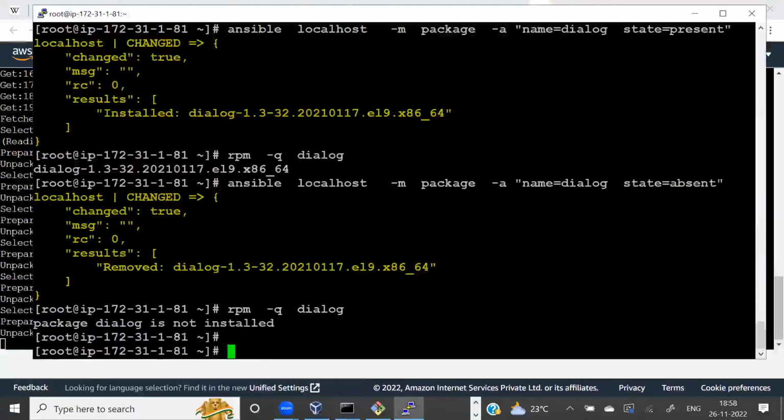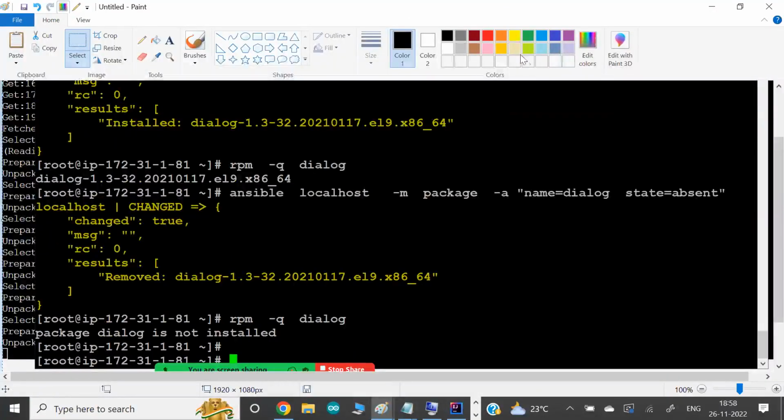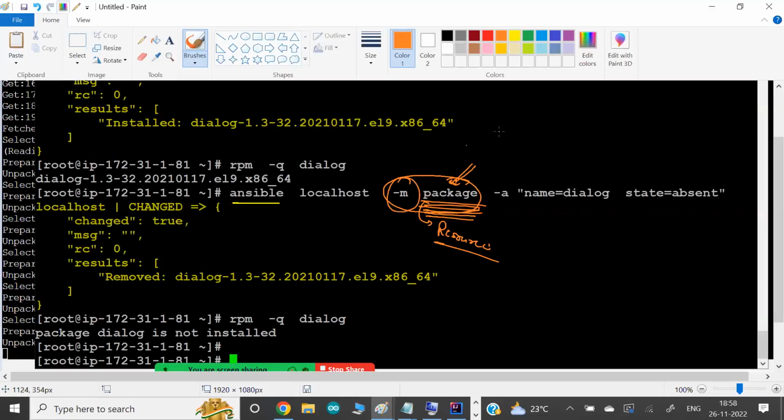Let me tell you one more small vocabulary here. In Ansible, the only thing is you specify which kind of resource you would like to manage. A resource can be a package, file, data, network, service, security, firewall. So you have to specify the resource. There is also another module here. And if you say software, then obviously you have to give the software name, right? How would they know which software, because you have to tell what to do.